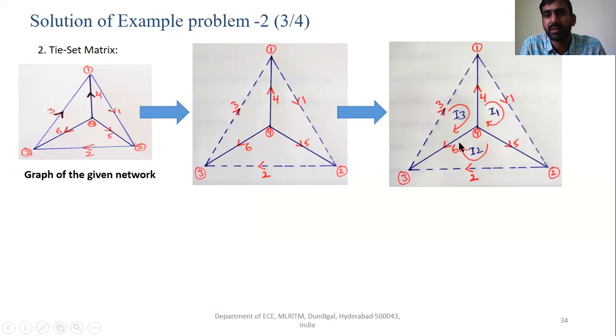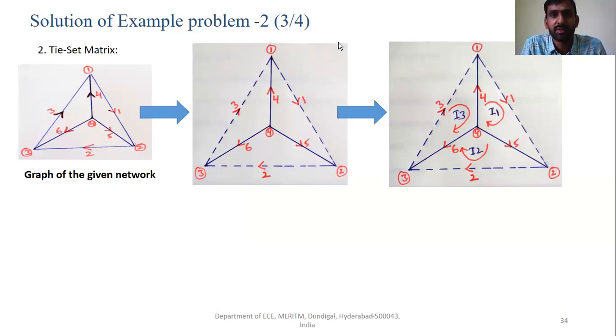The current in this is I2, and with respect to link 3, this is the loop. So each tie set may have multiple twigs, but only a single link, right?